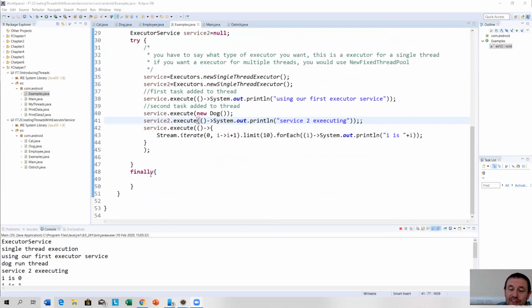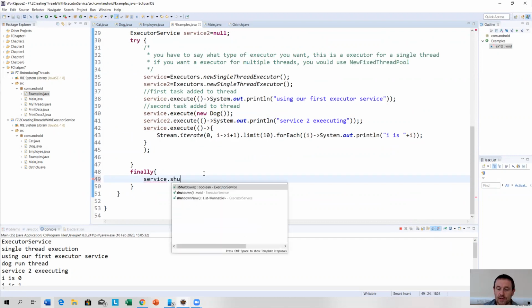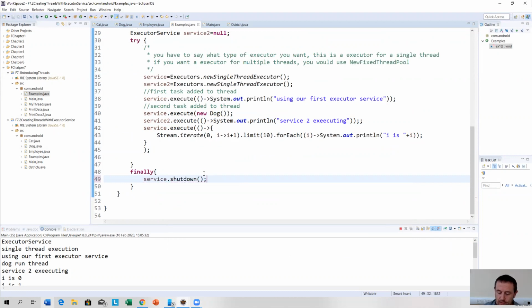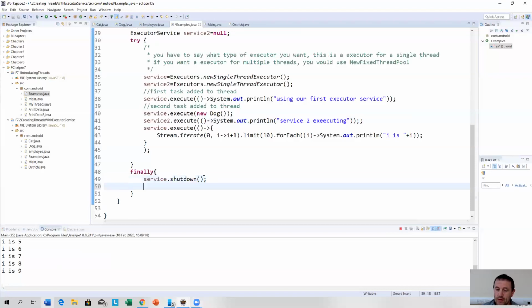That's what we have in the finally. What we do is service dot shutdown. I run it, but I still have service 2 opening. So I go service,